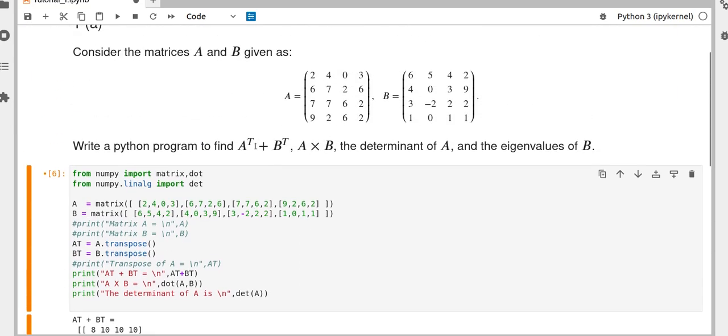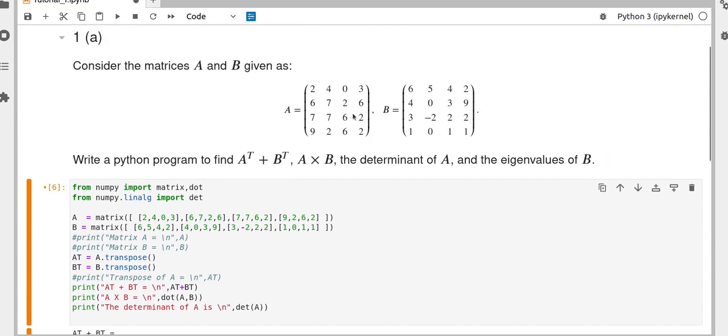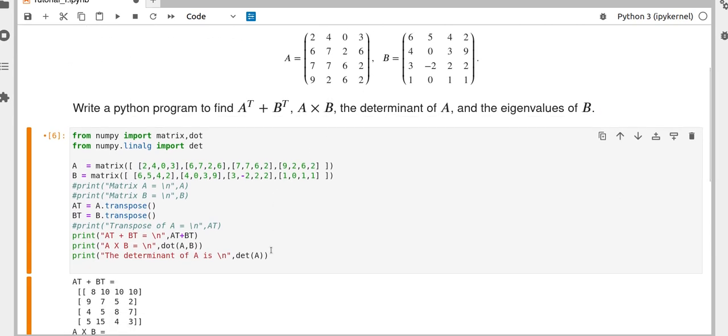And you can check manually if the answer is correct, but you can rely on the Python function det to correctly give the determinants, because it's not easy to manually evaluate the determinant of a 4 by 4 matrix. You can manually evaluate the determinant of a 3 by 3 matrix. Alright, so the last part is the